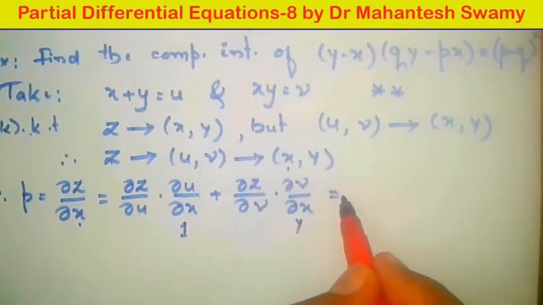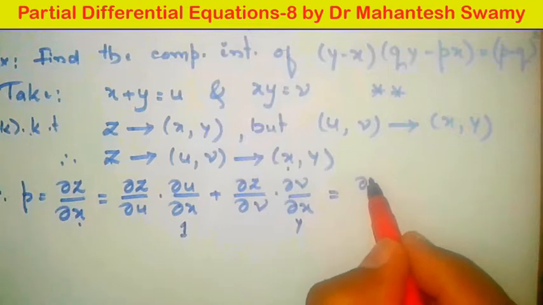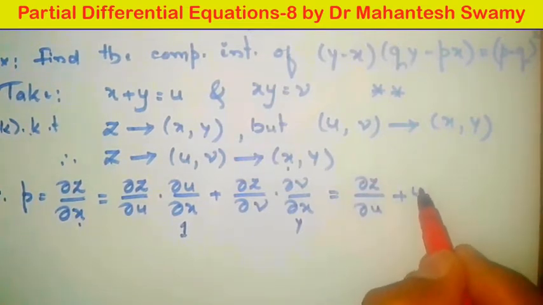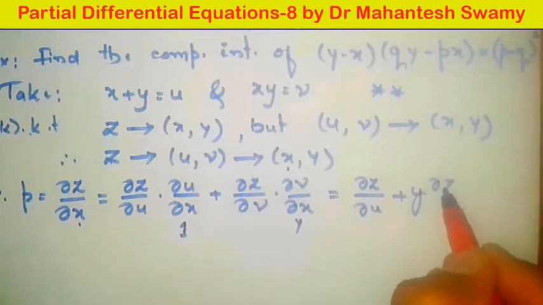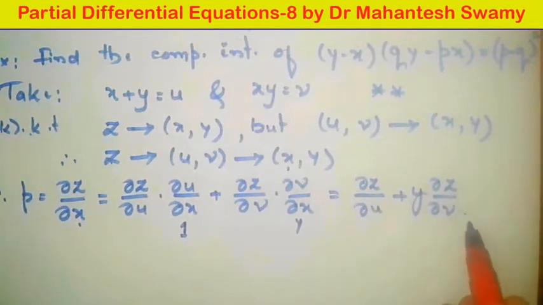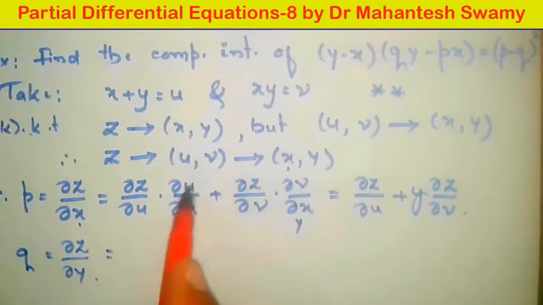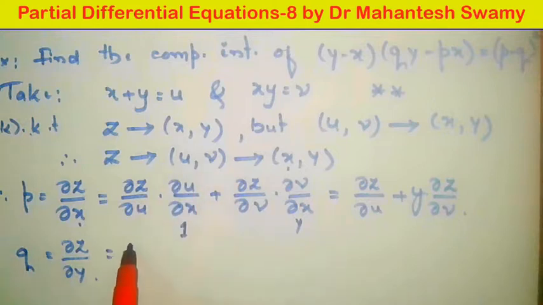So therefore we can write it as dou z by dou u plus y into dou z by dou v. That is, the value of p is this much. And what is the value of q? The value of q is dou z by dou y, we all know. And by using this type of chain rule, how can we write it? Dou z by dou u, that is the first member,